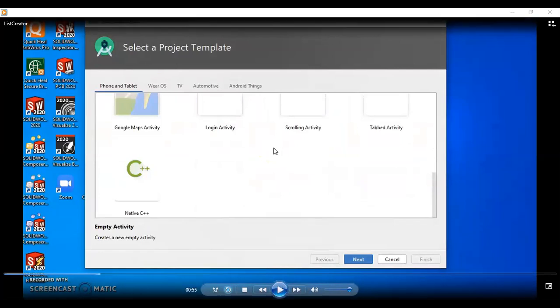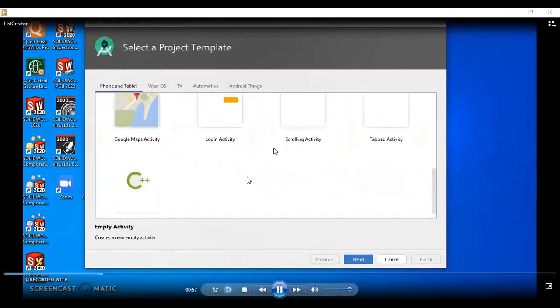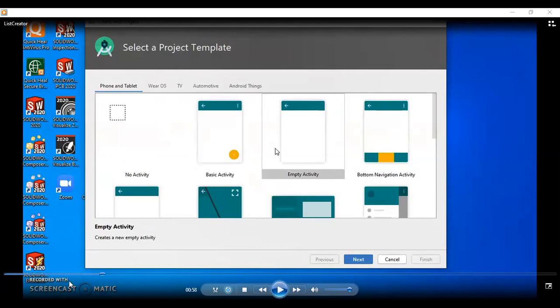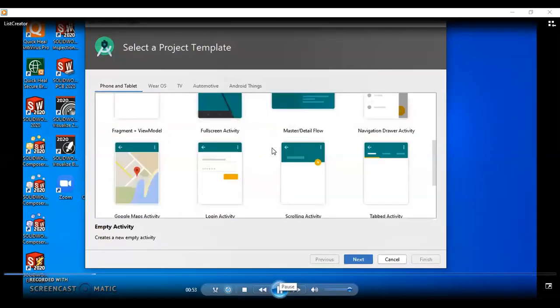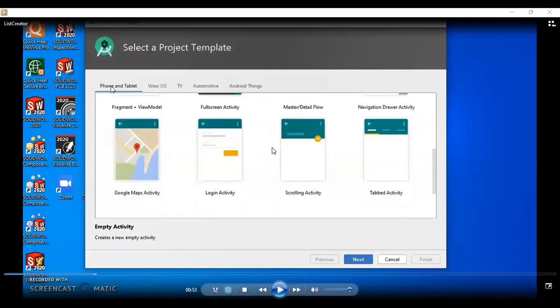In that case, instead of selecting the first option, phone and tablet, I will be selecting the second option, wearable OS, because if you are creating the Android application for phone and tablet, it might not run on wearable OS properly. Similar cases are with TV, automotive, or Android Things.